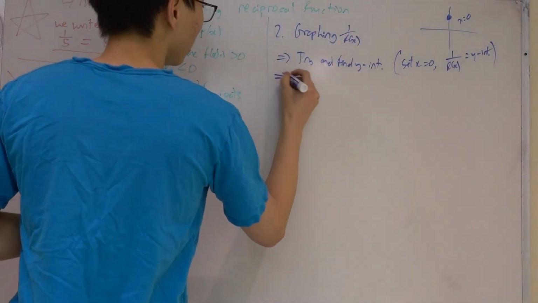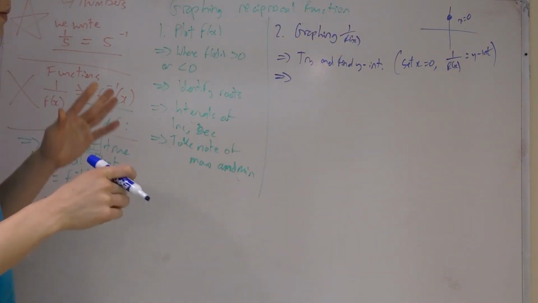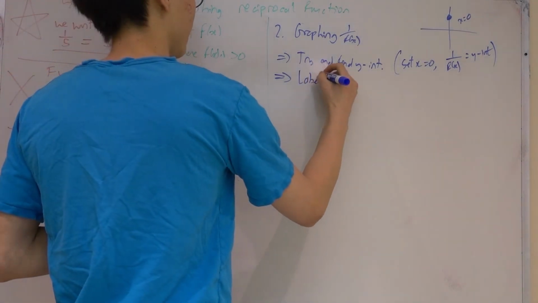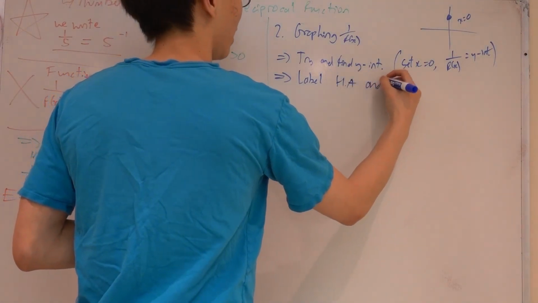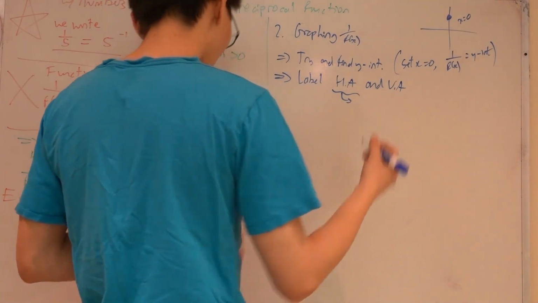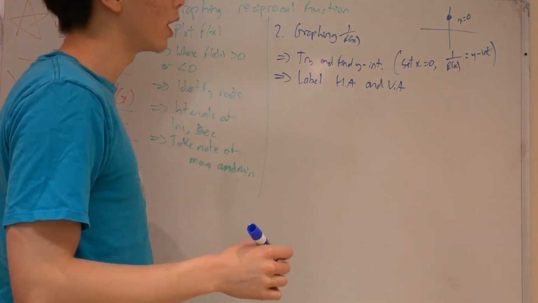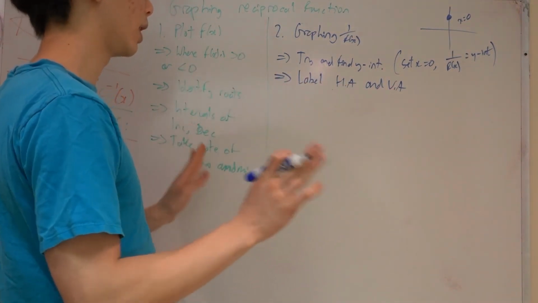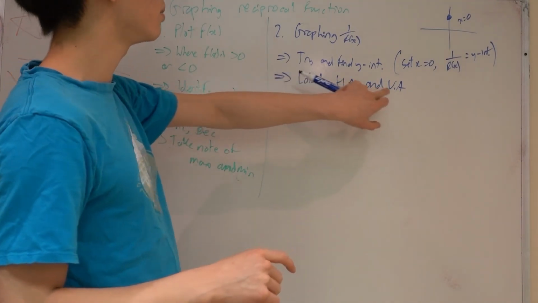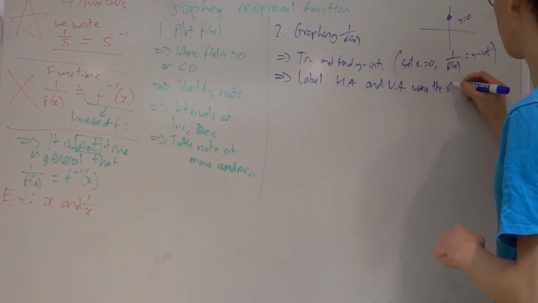The next thing that you want to do, so that will give you like 1 point. Okay, that's fine. Good. Now from the tricks that we learned earlier, you are going to label immediately the horizontal asymptotes and vertical asymptotes. This one only if you know that they are there. So the preliminary examples that we're going to be working with will all have horizontal asymptotes. So we'll just stay with that. Okay. Yes. So you need to take note of your horizontal asymptotes and vertical asymptotes using the steps outlined previously,